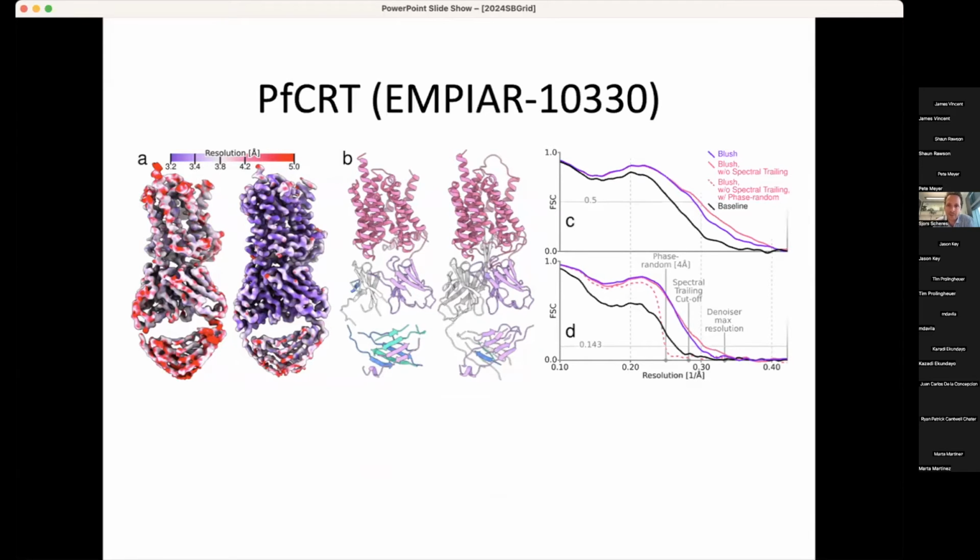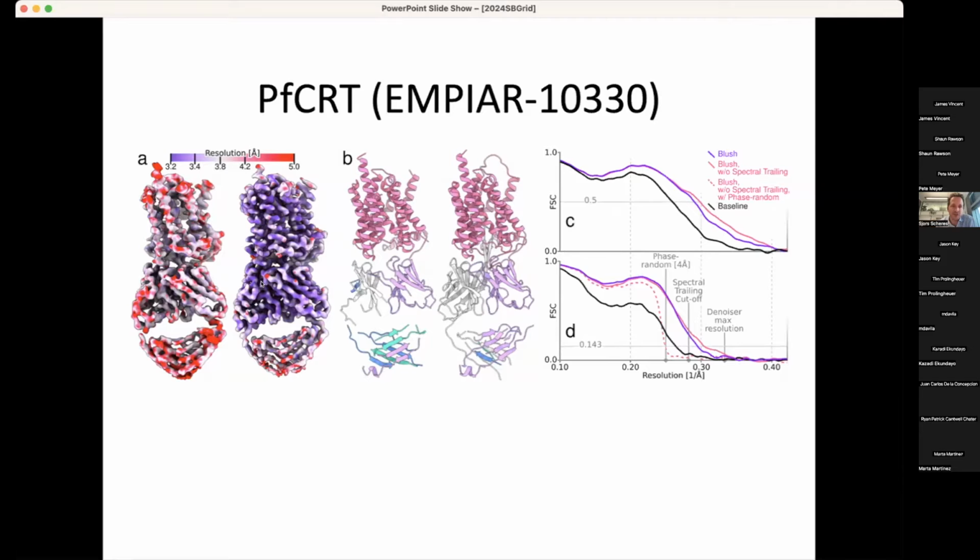It's a 10330. And if you look in panel A, colored by local resolution is the result of a standard RELION refinement if you process this data set. And because of variations in local resolution, you get overfitting of regions in the solvent and the detergent and parts that are floppy. Because of the Blush regularization, this denoising network is quite good at smoothing these out, then the final resolution with Blush is of much higher resolution.